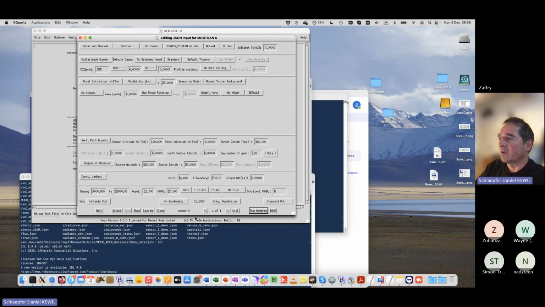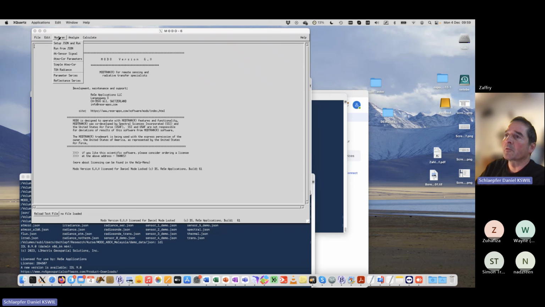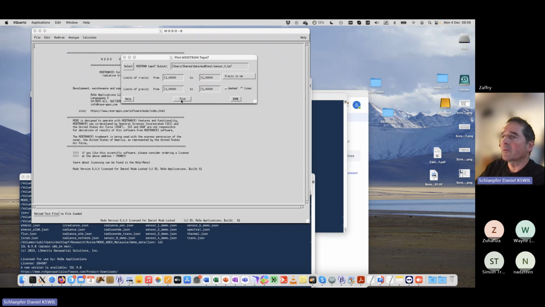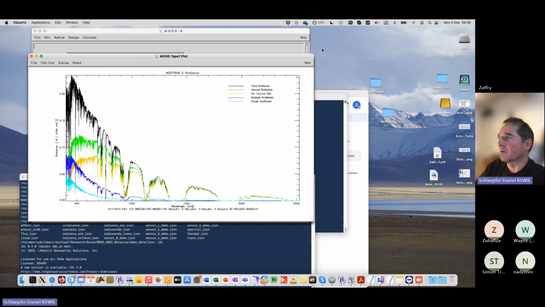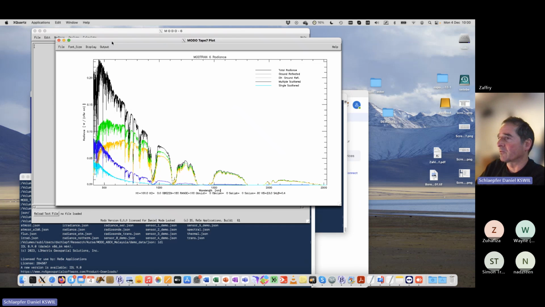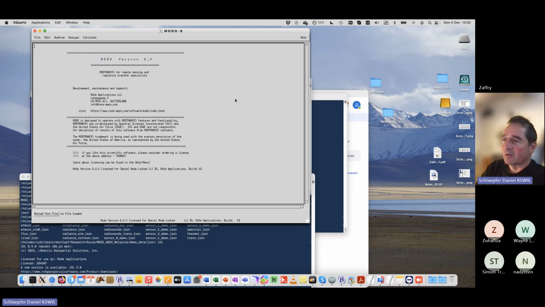This is just a standard one which has been loaded, and you can have a short look at the outputs by MODTRAN plot tape 7 output. By default, it takes the one which has just been created, and then you get the kind of outputs you have seen before in the lecture, as a first view of what has been created as an output. This is just to give you a first overview of what can be done, how to install and how to check it. And so at least to this point, you should be able to get